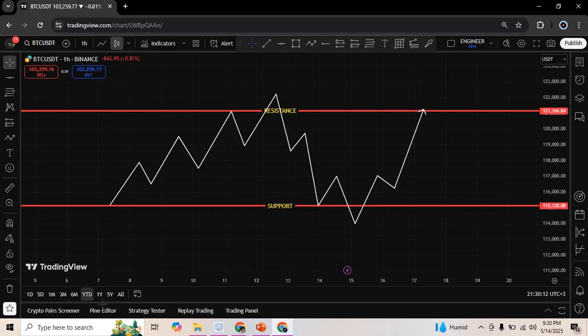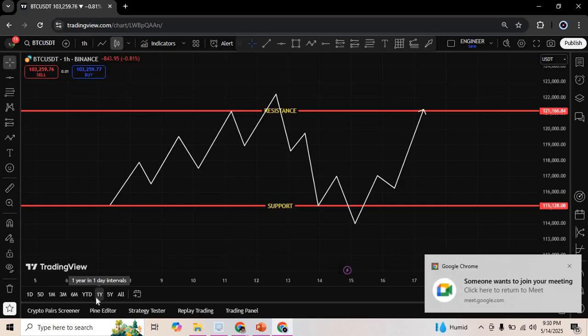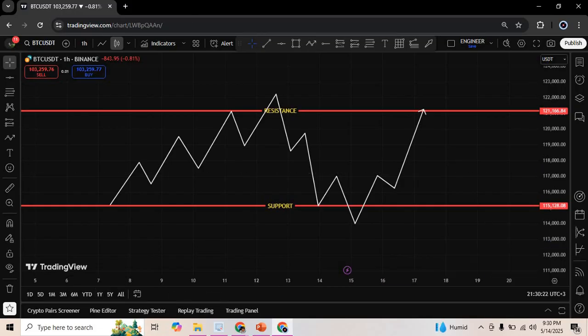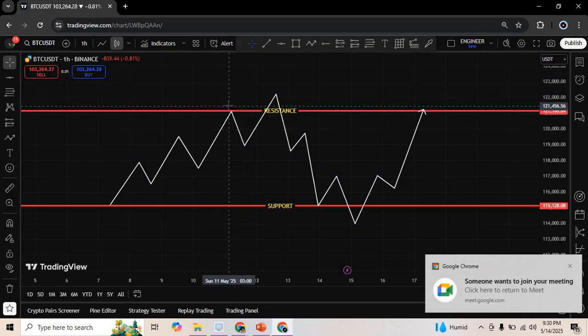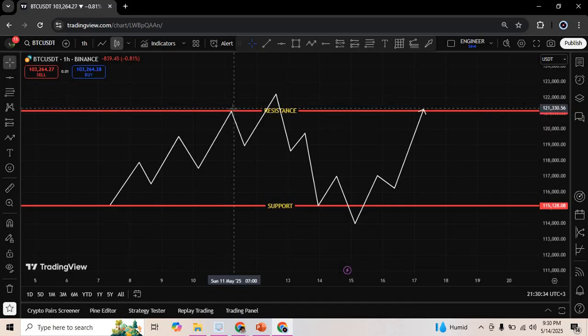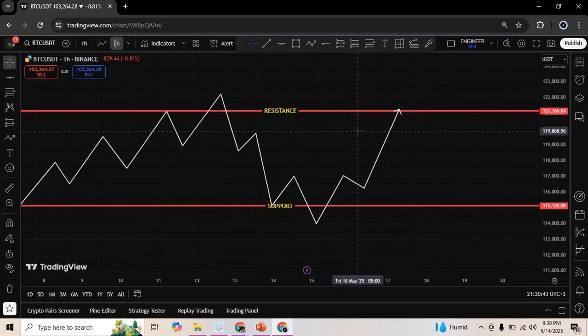What did we say we expect from the resistance zone? We expect the market not to break through, but to go down. Let me repeat myself. In the resistance zone, we expect that the market is not going to break through this resistance zone, but we expect to see selling pressure from that zone. The same thing with the support zone. We expect that the market will not go beyond the support zone, but will bounce off towards the resistance. So what is a stop hunt? This is a very good example of a stop hunt.